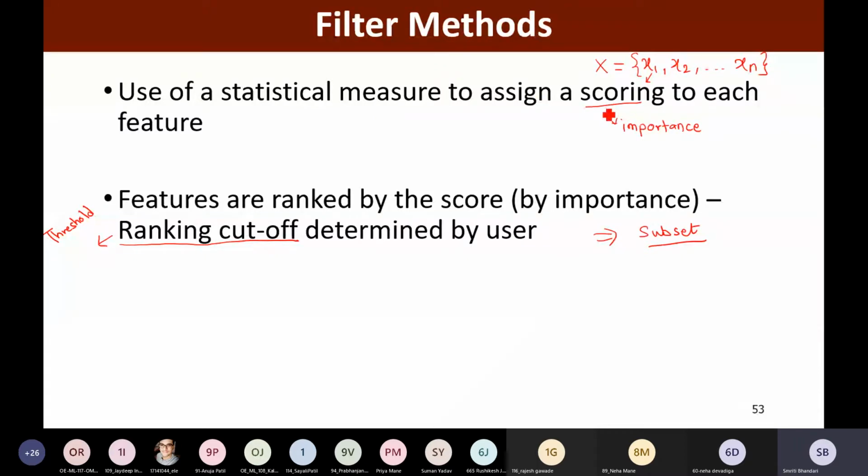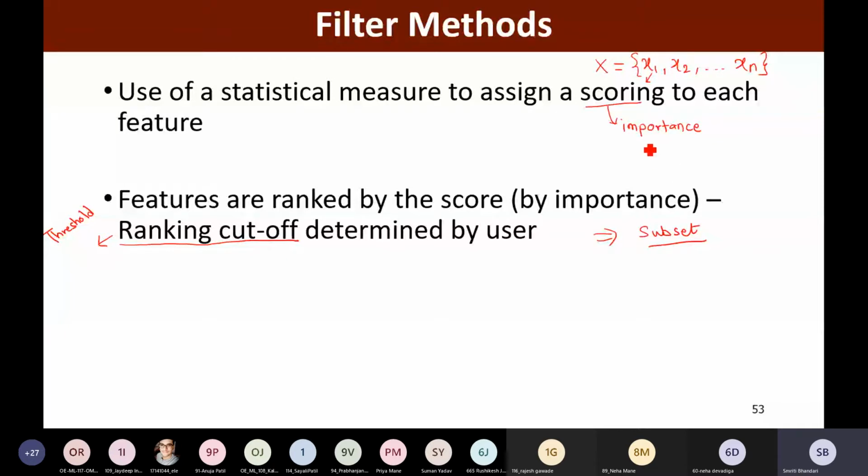This score gives us the importance of that particular feature. Based on these scores, we are going to rank our features. Whichever feature is most important, we are going to retain. But whichever features have low scores, or are not really important as far as our prediction is considered, we are going to ignore those features.